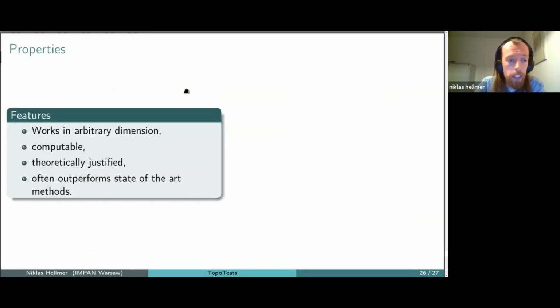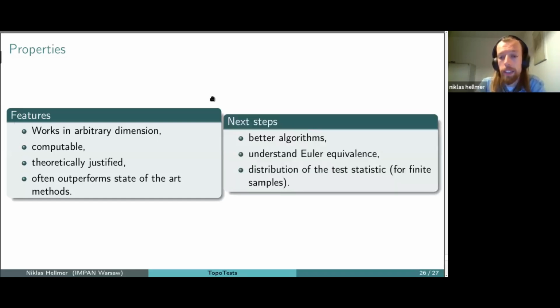So to wrap it up, we have introduced a goodness of fit test, which uses topology, specifically the Euler characteristic curve, and thus it works in arbitrary dimension and it is computable. We do have a theory, and we do have numerical evidence for its performance, and it outperforms state-of-the-art, classical methods. Okay. There are some next steps you can think of, namely,